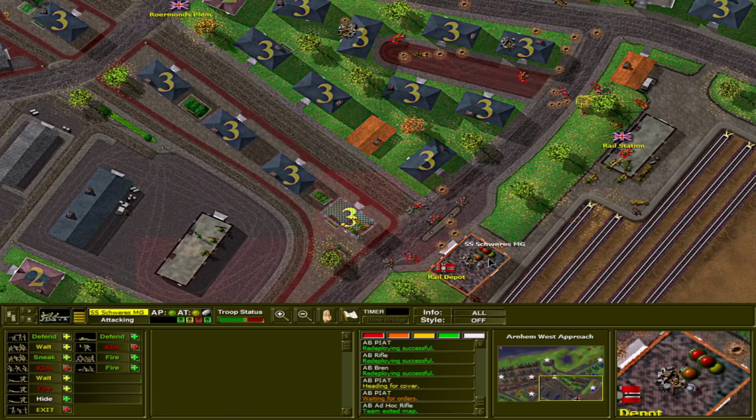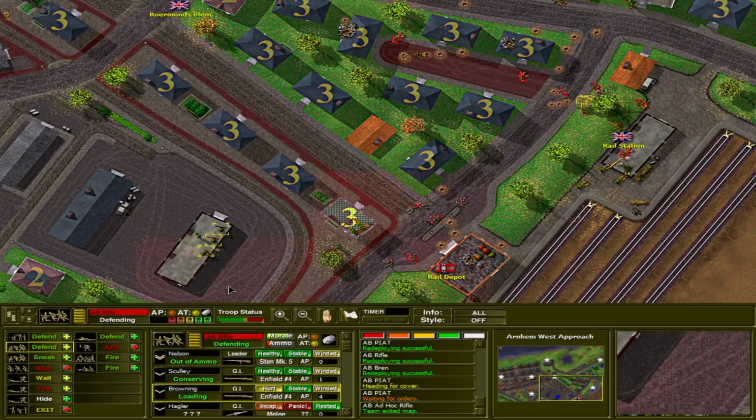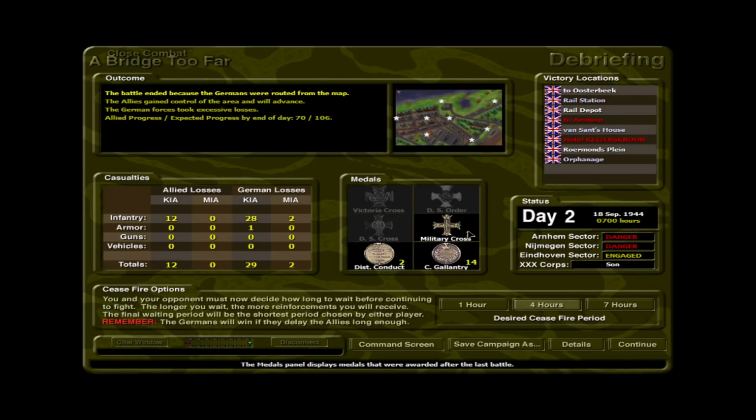2 Sturm Grenadiers and 3 machine gunners. We have almost no ammo. There we go. I don't know what that was, a grenade or what, but we routed the Germans from the map. The Allies gained control, and the Germans took excessive losses. The Allies lost 12, so we did lose 12 men, KIA, but the Germans lost 1 tank and 29 men,